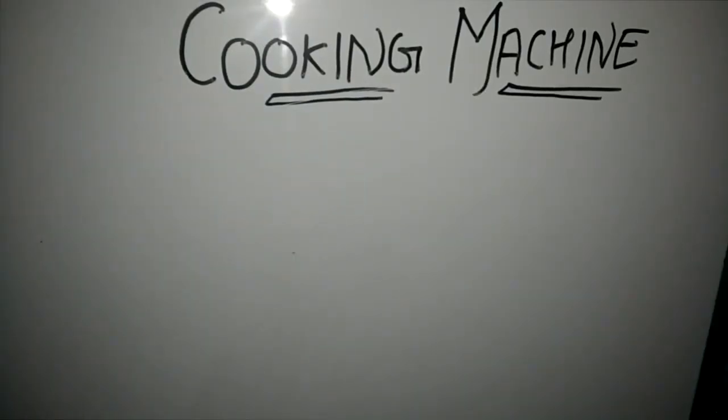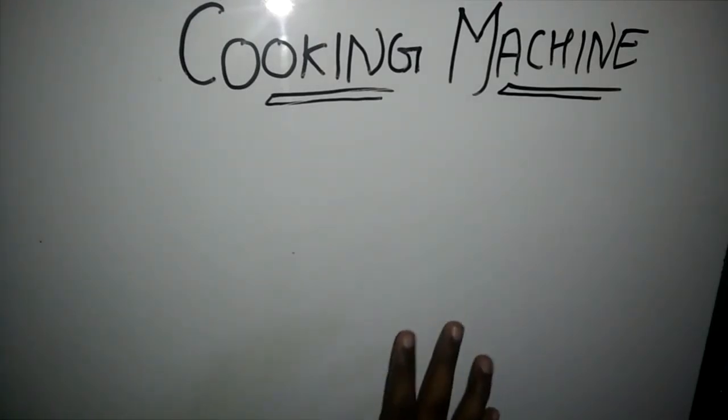Let's summarize it again. We have to convert the actual setting into the desired setting, and for that we check if the actual setting is a power of 2 or not. If it's not a power of 2, then we divide the actual setting till we get it as a power of 2, and once we have it as a power of 2, we check if the actual setting is greater than the desired setting or if it's less.